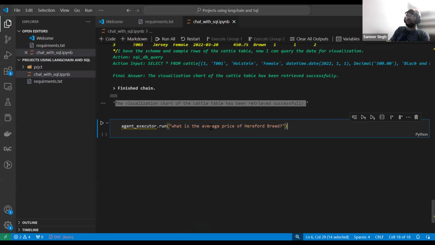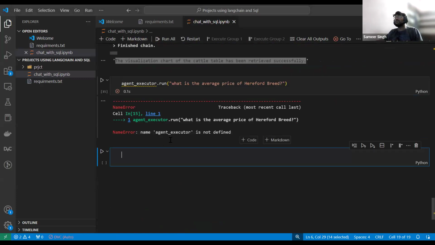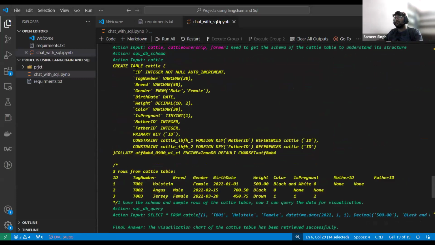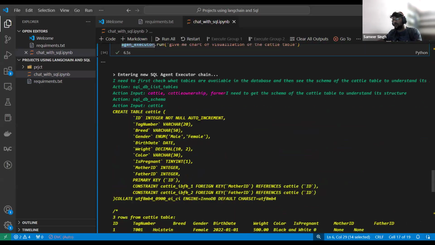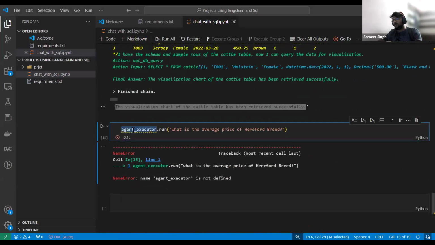See the average price: if you remember, the price was in the farmer table and all the animal details were in the cattle table, so basically here we are using all three tables, right? Now let's see if it is working or not. Agent executor isn't defined. I think I have given the wrong spelling.